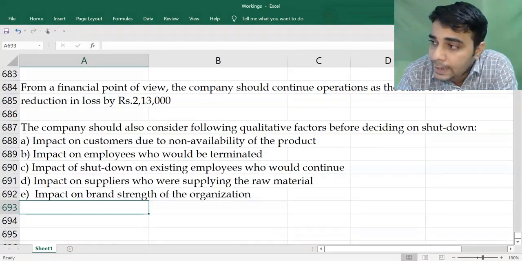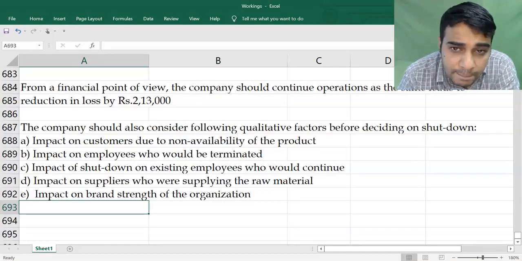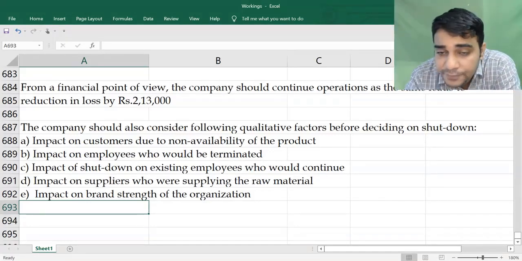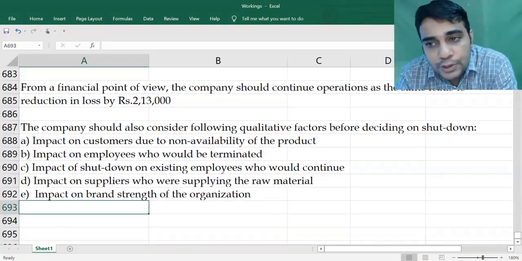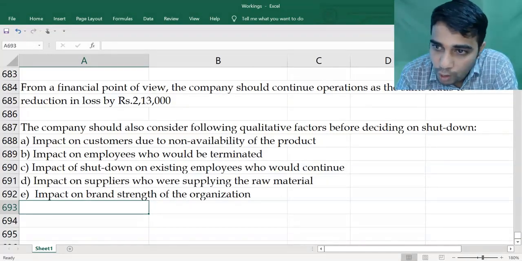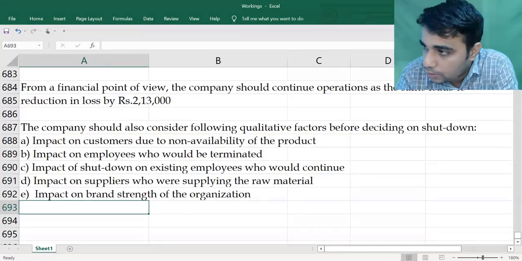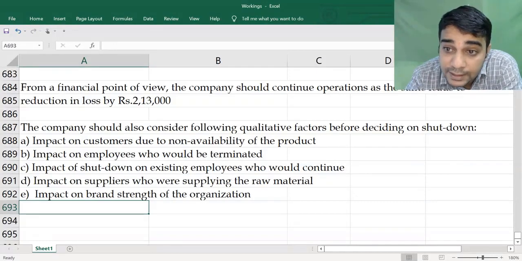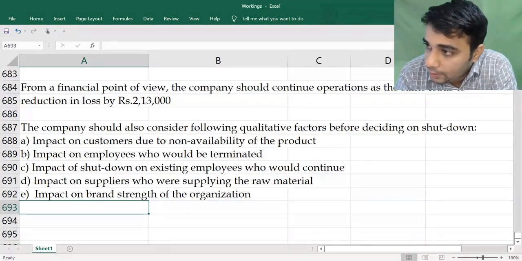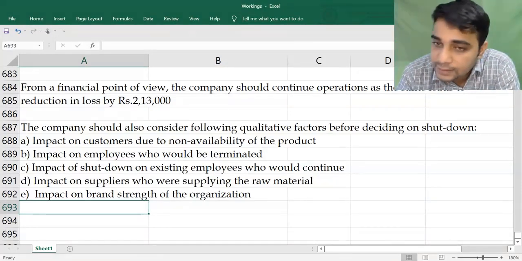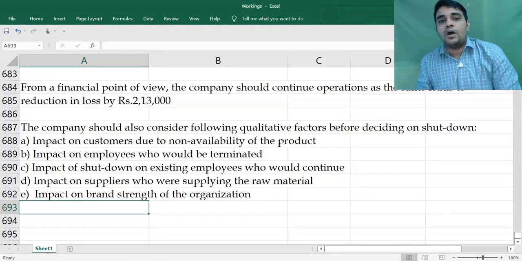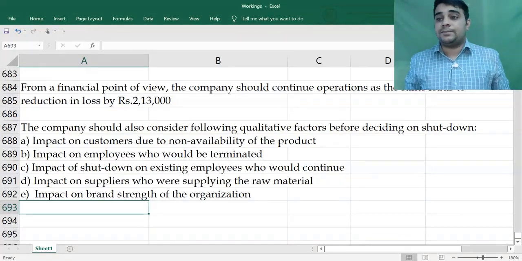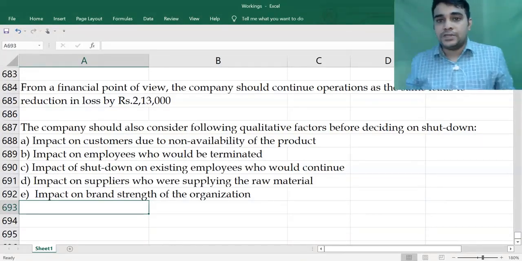Should you produce A, B, C, D? How do I prioritize? If there is no limiting factor, produce all the 4 products and meet the demand of the customer. But in case there is an issue with availability of adequate resources, then you will have to voluntarily cut down on one of the products, sometimes 2 products, sometimes even 3 products, depending on how much you have.